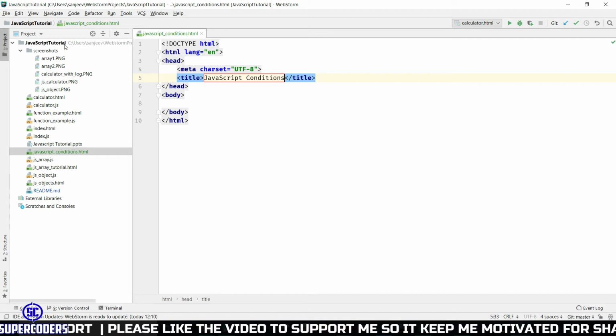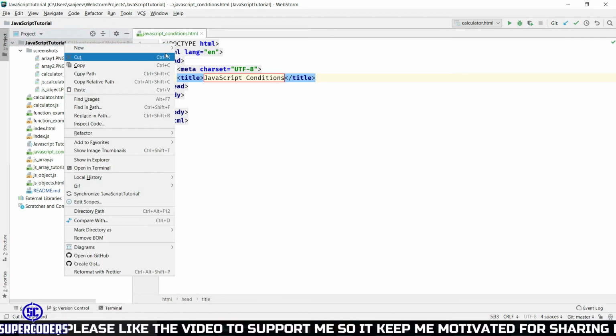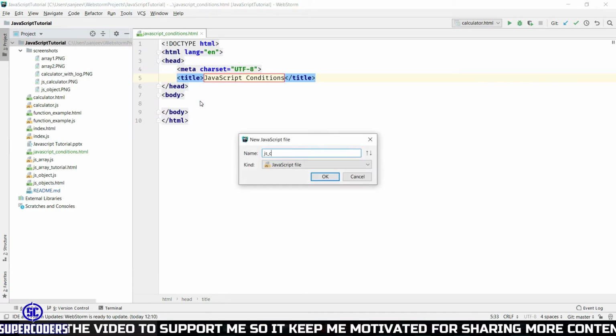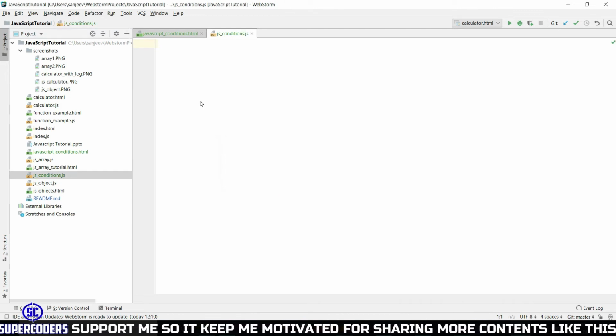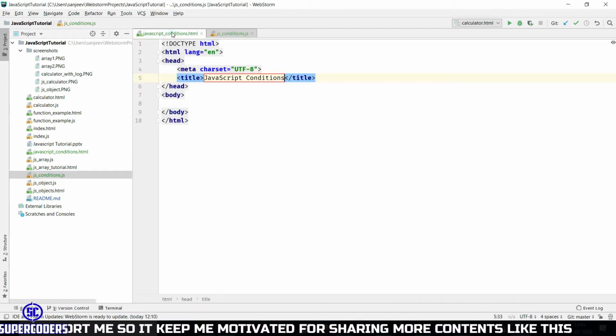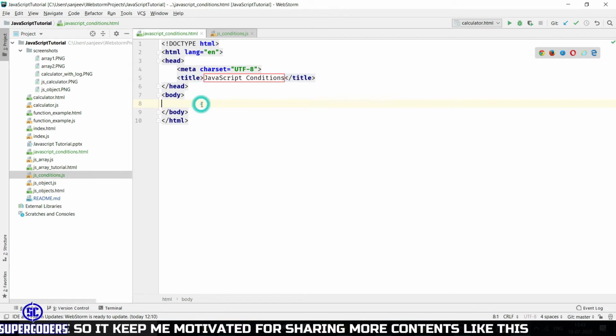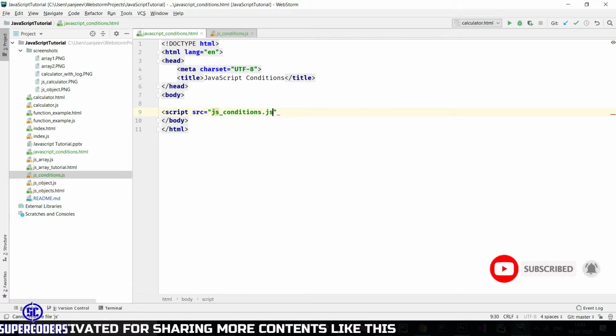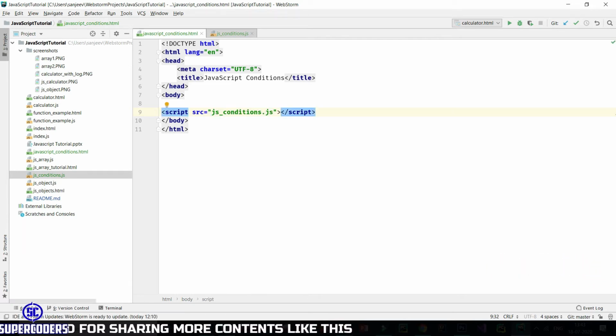Now creating a JS file. So new JavaScript file, JS conditions. Click on add. Link this JavaScript file to the HTML file. So script src JS condition and close the script tag.